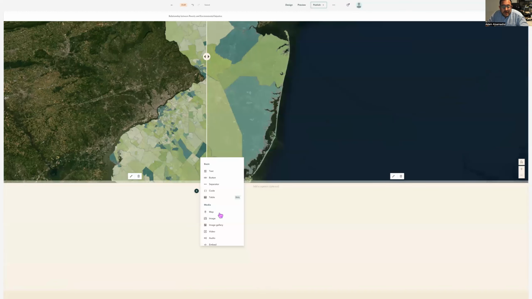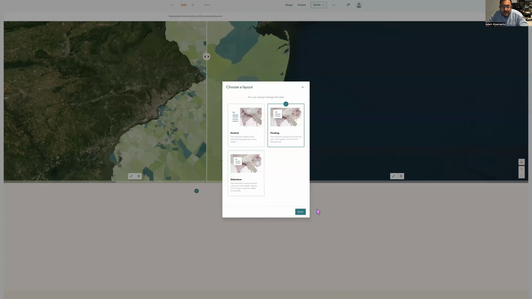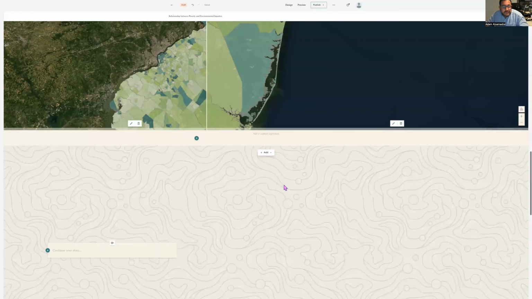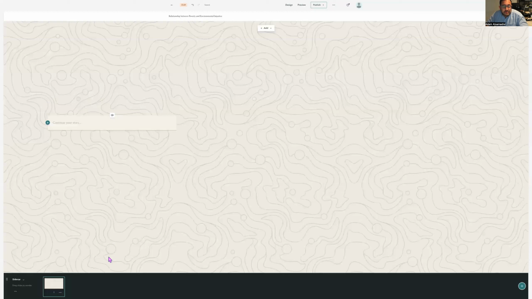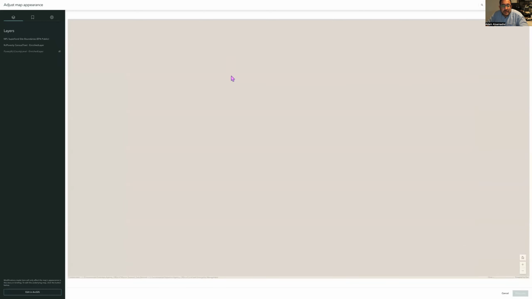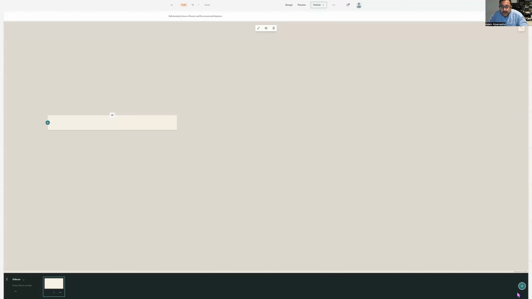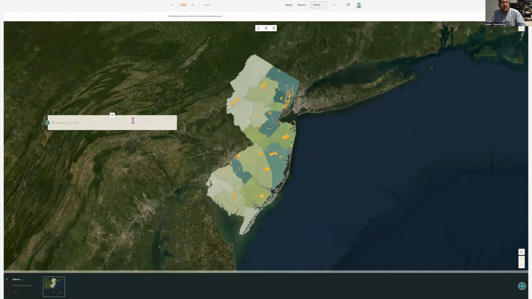I can also work through, for instance, this one called a sidecar, okay? I'm going to choose floating for now. And in this one, you get different panels and you can write things as the sidecar. So the first thing I'm going to do is add the map and put it at the county level. And I can write over here, for instance, several counties, especially in the northeast parts of New Jersey,